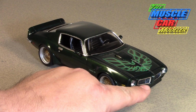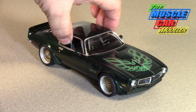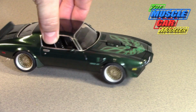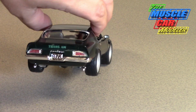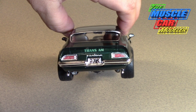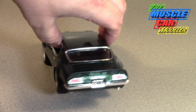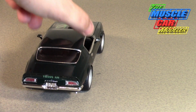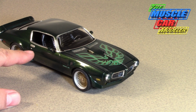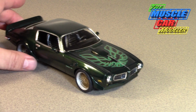The grill is a little bit different, so if you wanted the actual 73 grill, you had to get the 73 grill. And then the only other thing on the body, as far as the model kit goes, is the dated rear license plate of 1973, which for me, I had to have that. I really like those. And then the interior tub is 71 to 73 specific, and the seats are a little